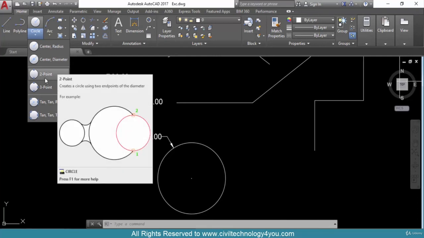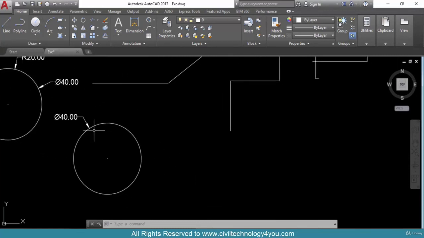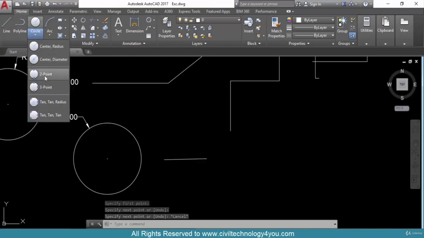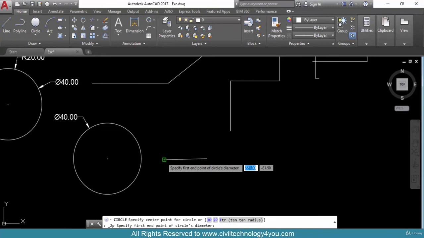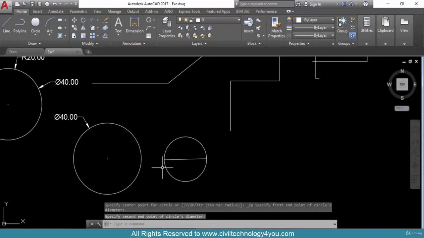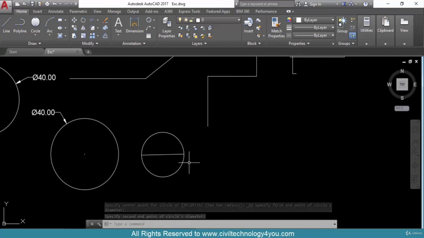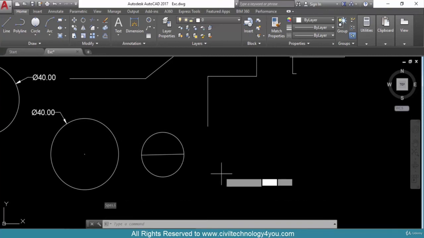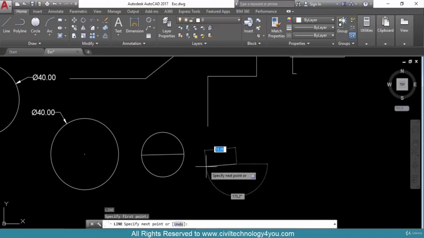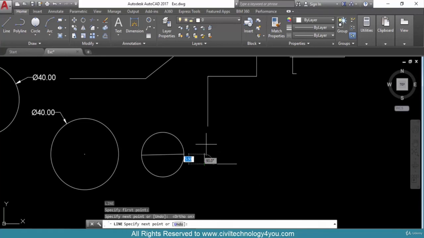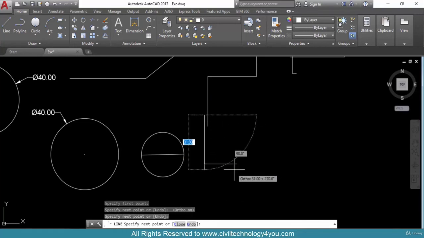So what I will do, I will just draw a straight line here, for example. Okay, line. And I want to draw according to this line. So I will go here, I will press 2 point, then I will give first point and then second point. Okay, and we will see right now for 3 point. For example, I want to draw here a triangle. Okay, I want to on ortho mode. Then this point and then this point.